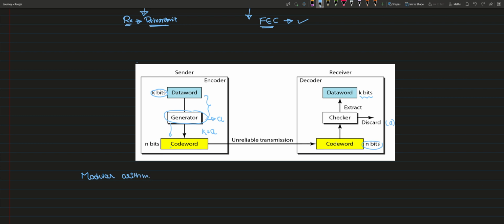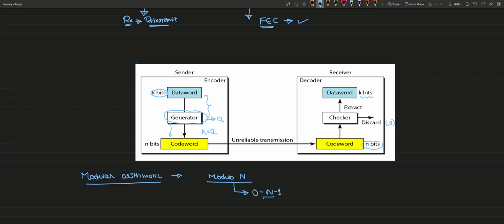Modular arithmetic. The meaning of modular arithmetic is, if we say I want to have some counter with the modulo n, then my counter value, that system, can have numbers from 0 to n minus 1